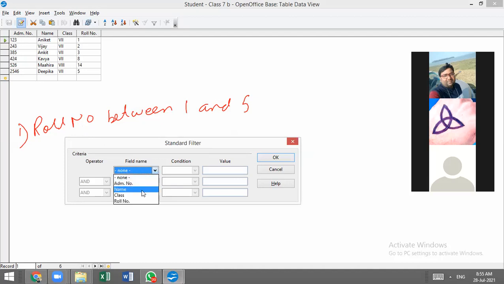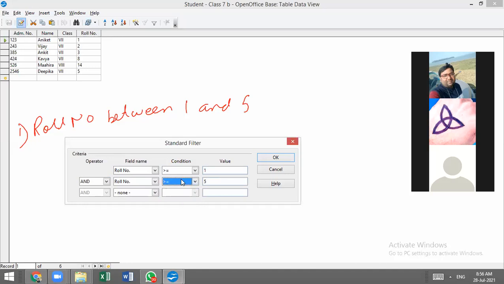So I will select roll number here. I have many conditions over here. Less than, greater than, equal to, less than equal to, greater than equal to. So my requirement is I want the data between 1 and 5. So first of all, I want greater than equal to. The data must be greater than equal to 1. And the other condition will be my data must be less than equal to 5. Then only it can filter the data between 1 and 5.